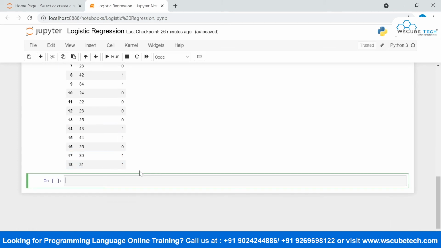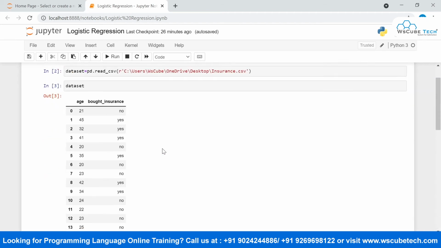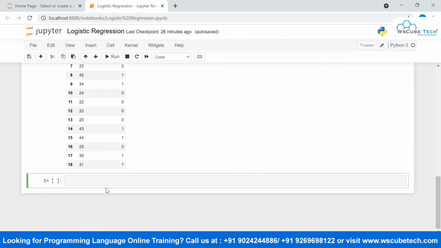Now let's visualize these data points. In order to visualize, I'm going to make use of the matplotlib.pyplot library, imported as plt. So I'm simply going to say plt dot scatter, and inside this I need to pass x equal to, then y equal to, and the data.